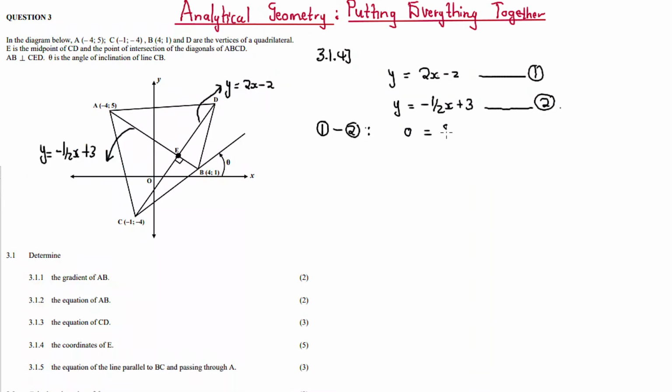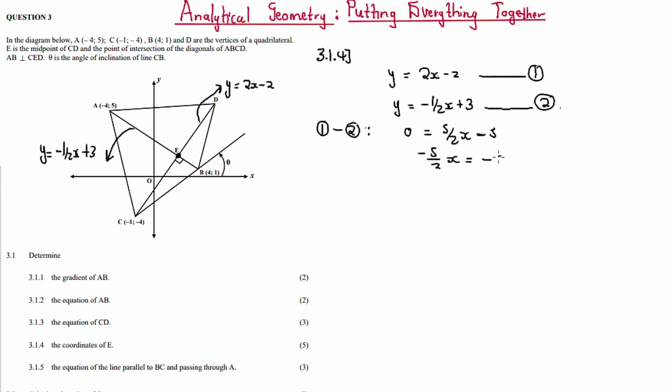That's a 5 over 2x. And then a minus 2 subtract 3. That's going to be a -5. Not -3, but a -5. Then we're going to calculate x. So it's -5 over 2x